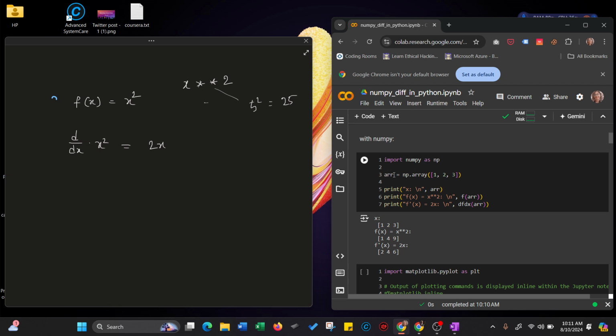This is our variable, arr, I have taken. So np dot array, basically we are creating an array here whose elements are 1 2 3